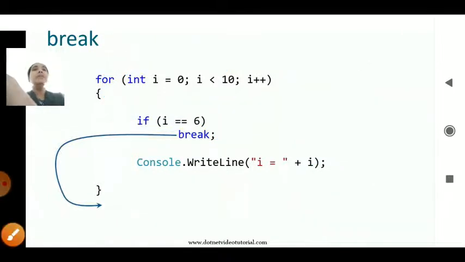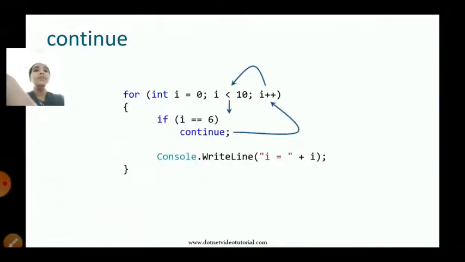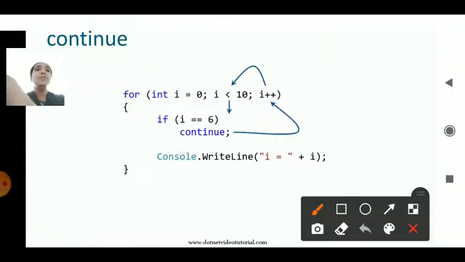Then you will be learning about the continue statement. Continue is nothing but, when a loop is there, the same example is considered here also. You have a for loop here which will print the 10 elements. When i is equal to 6, it just continues; it increments and it continues.